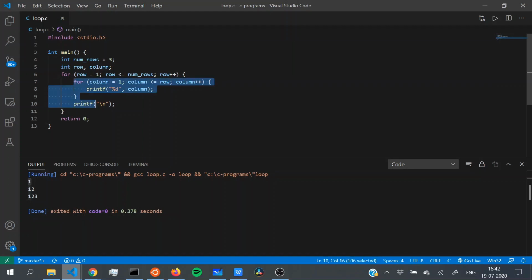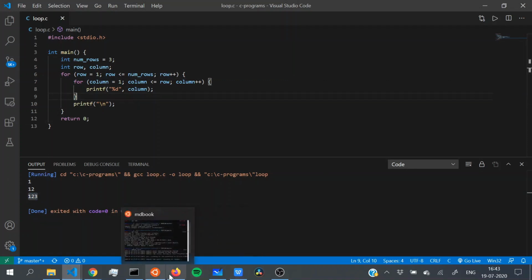So our inner loop has actually completed executing, and then we move on to a second iteration of the outer loop, which is now row is equal to 2, and then we have this condition that column should be less than or equal to 2. So beginning from 1, the column will be executed 2 times, and then in the third row this will be executed 3 times. So I hope you get what this is,